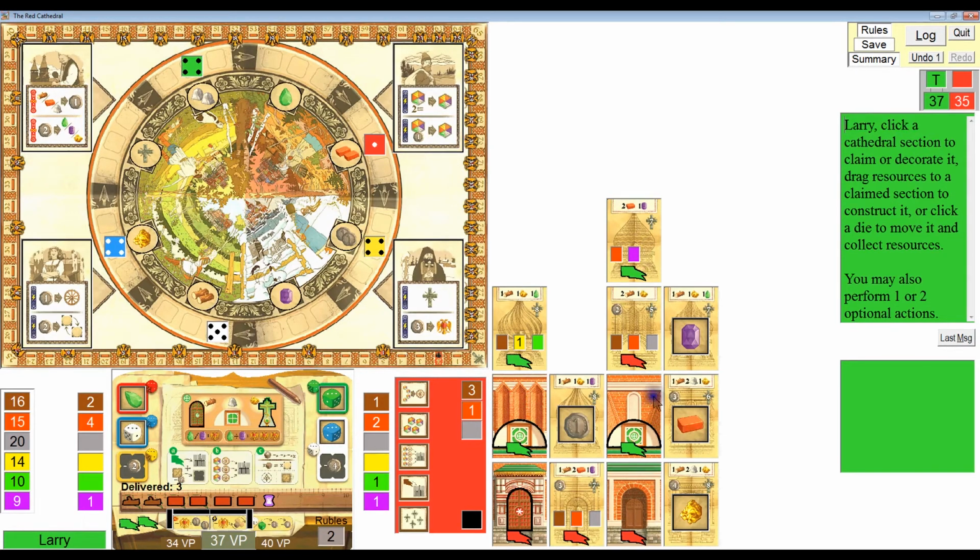And that's going to cause Ivan to lose a point because he has an incomplete section here. And he'll have 1 completed section above it. So 2 brick and 1 purple gem. And now we've got a beautiful red striped dome, which looks just like the actual